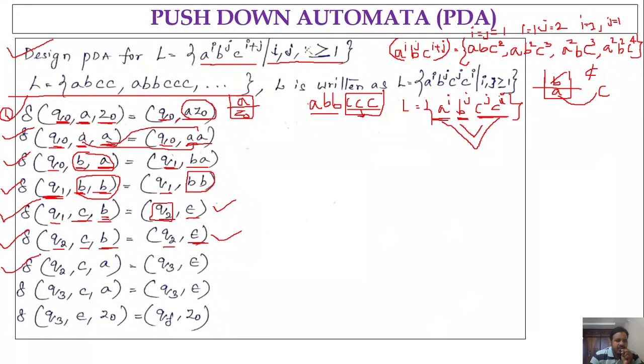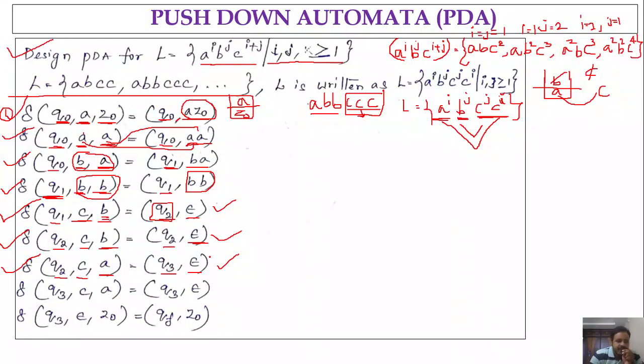And during this state q2, if you get an input symbol c and top of the stack is a, then you go to the state q3 and you are not going to push anything onto the stack, right? So here, why are you moving from state q2 to q3? The q3 is a state where we are comparing the number of c's with respect to the number of a's, right? So to show that comparison of the number of c's with a's, I have taken this q3